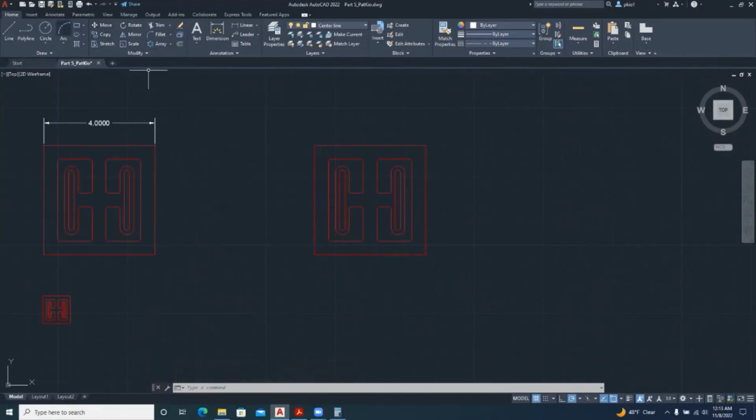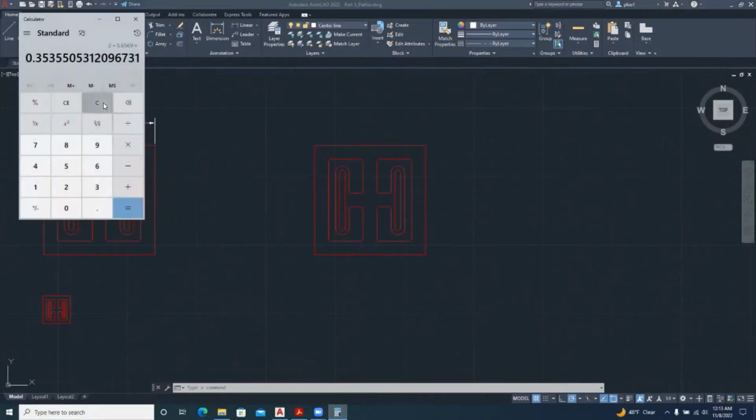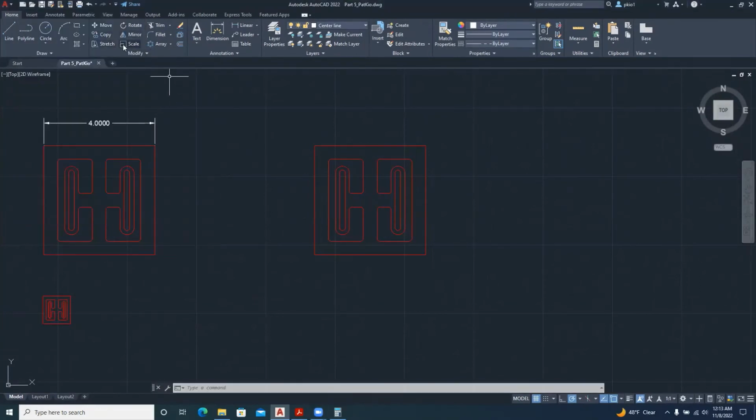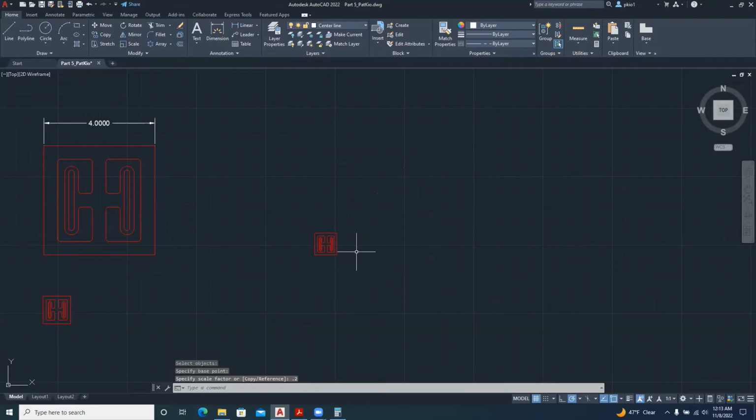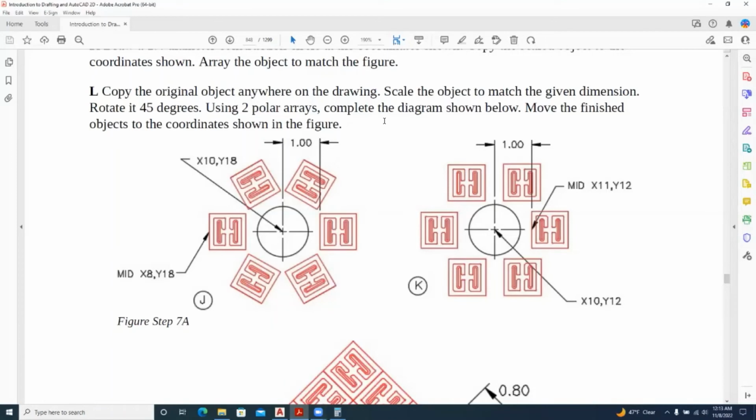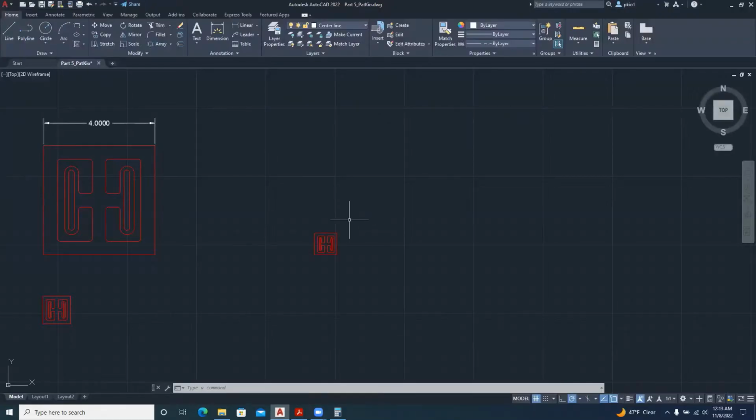Right now it is 4, okay? And if 4 is going to 0.8, that means we're shrinking it by 0.8 divided by 4, which is 0.2. So we are shrinking it to 0.2. So scale 0.2. So this is the size. And then the next thing we want to do is rotate it by 45 degrees. So back to this one, rotate,